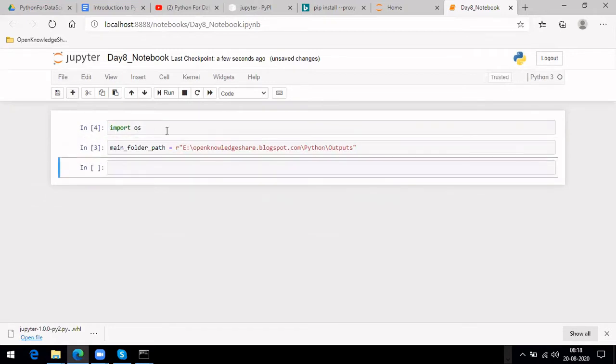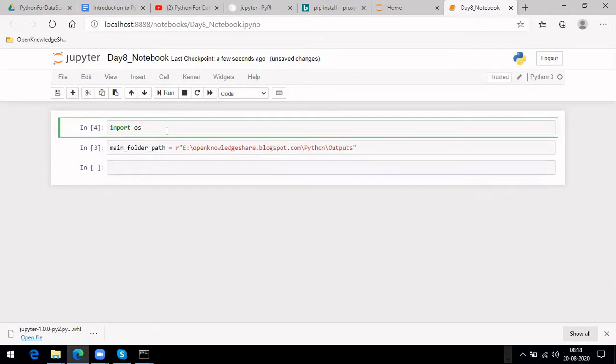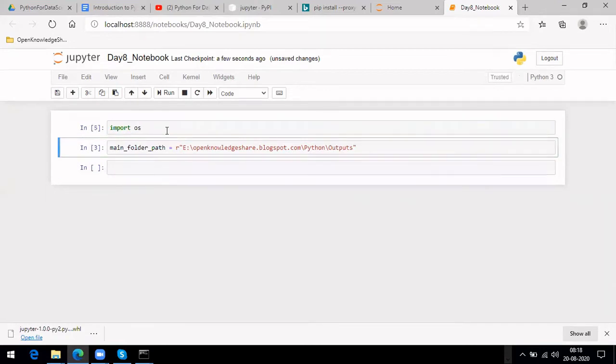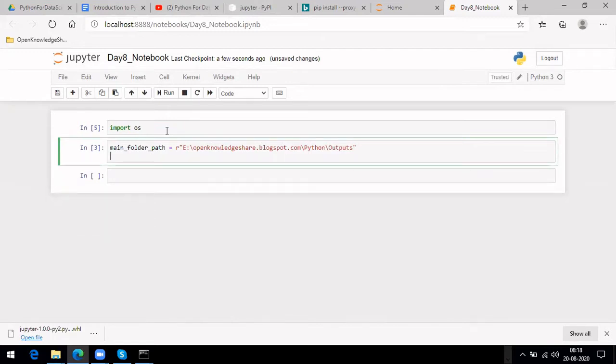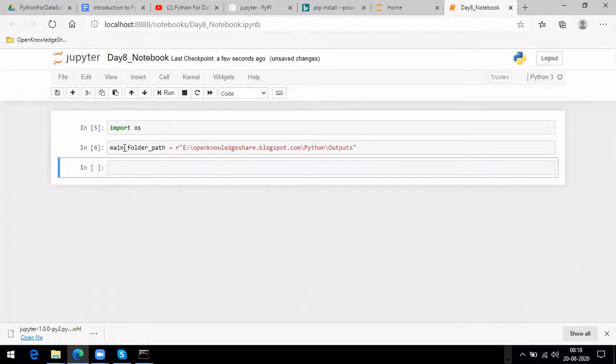In this way, if you hold shift and then press enter, only that particular line will get executed. Just pressing enter doesn't run it; it will start adding more text here. But if you put shift enter, it will run. Or else you can select that cell and click on run from here. So only that particular cell will get executed.